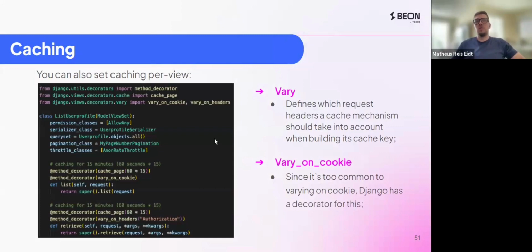But let's say you don't want to cache your entire application. You just want to cache some views. You can do that by caching per view. In this example, I am using 2 different caches. One is for list and another for retrieve. Also,